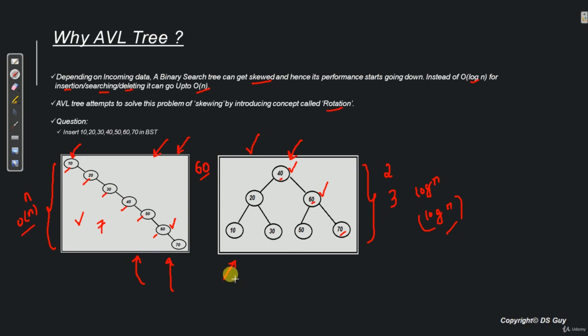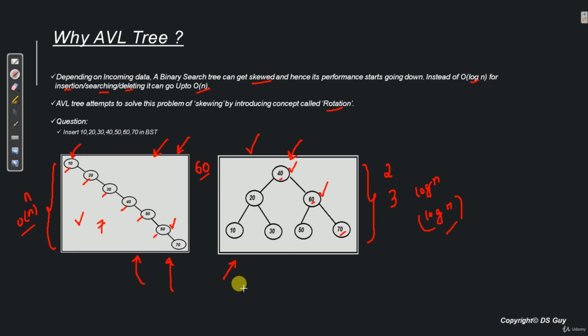So this will ensure that the insert, search and delete operation will always take log n time and will never ever take order n time. Fine. So this is all about why do we need to learn AVL tree.